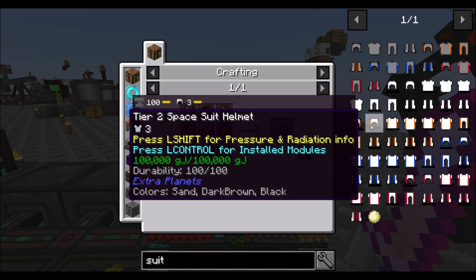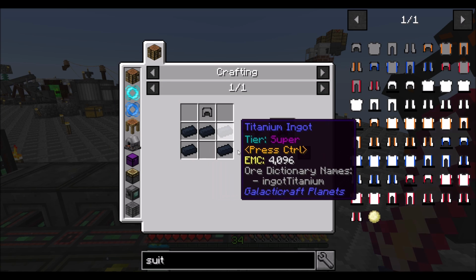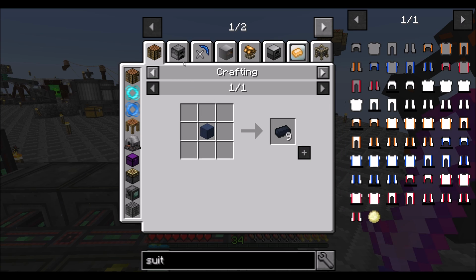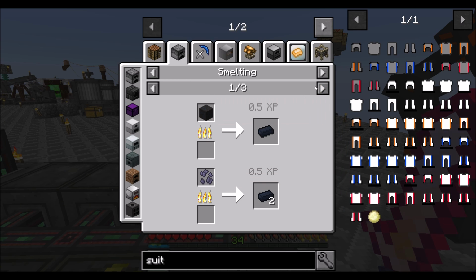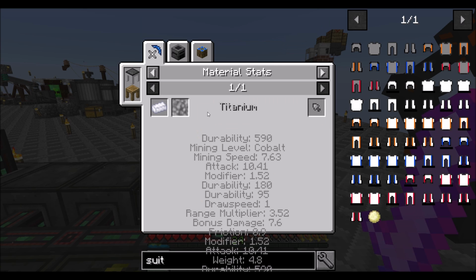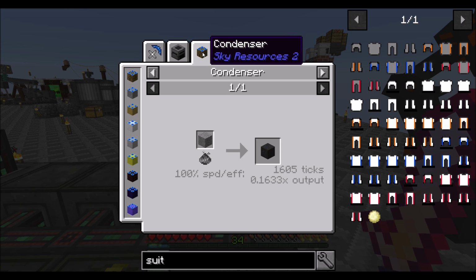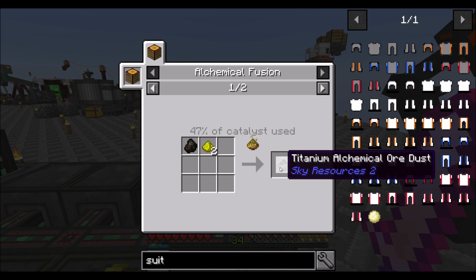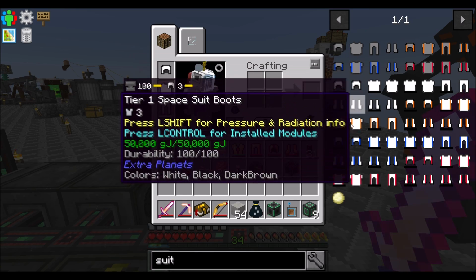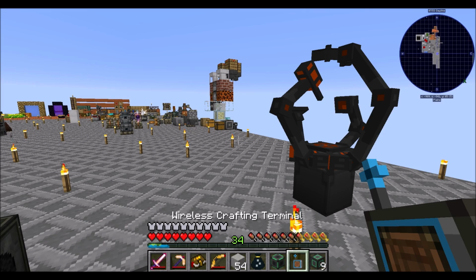It's kind of cool. But a tier 2 spacesuit is going to require what? Titanium from Galacticraft planets, which comes from titanium chunk or ilmenite ore. Titanium alchemical ore dust? Well, that's a thing. Cool. I don't know. Will the book tell me when I need...